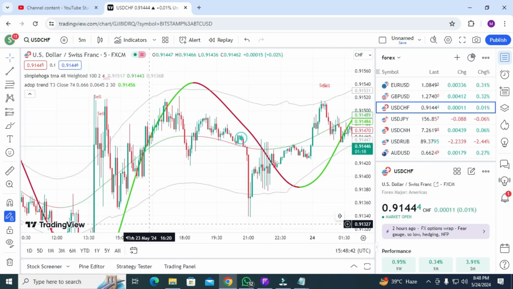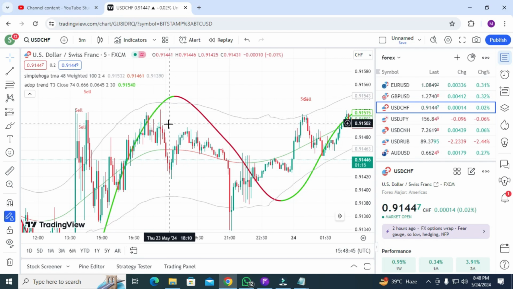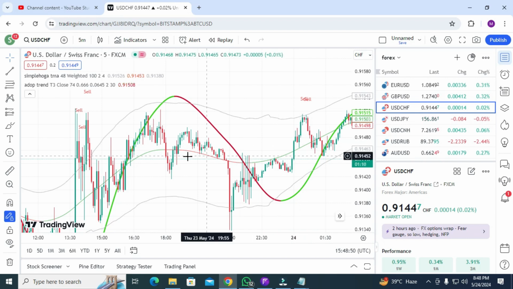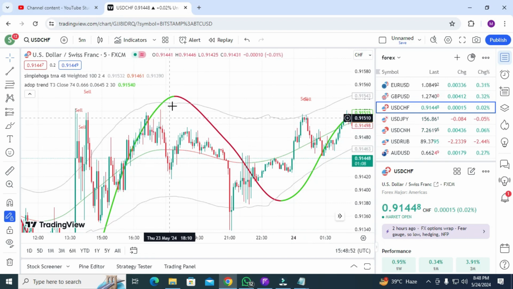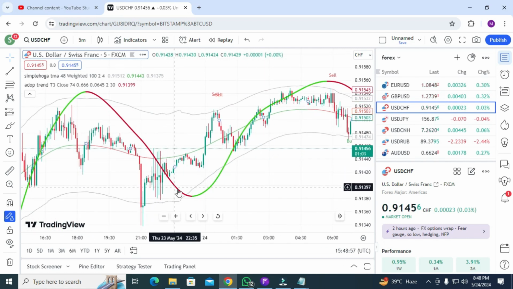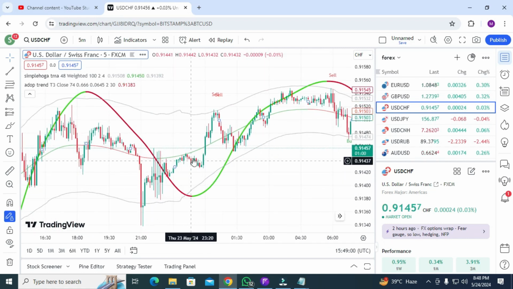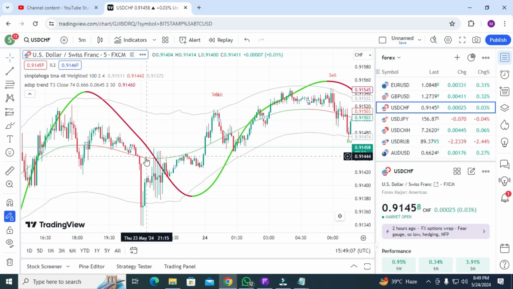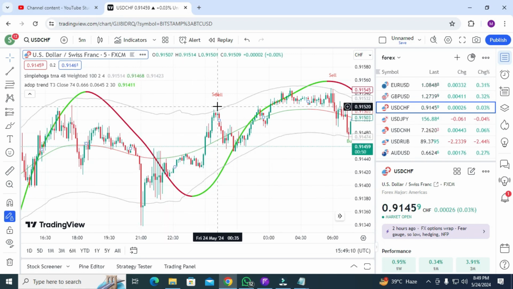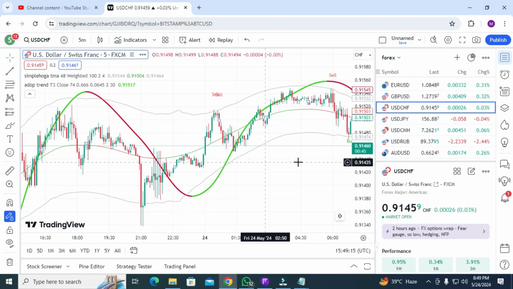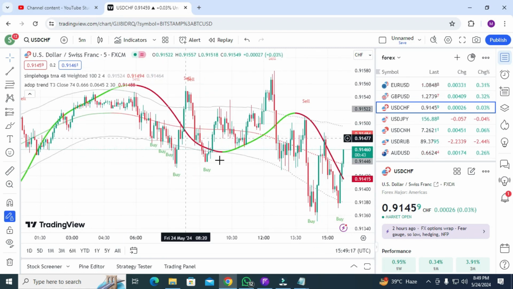Now here you do not get a signal, but if you want, you can collect some pips whenever the market comes inside the adopt trend line. You can see the market is going downside. When the market comes inside the adopt trend line, you can see the market going upside. When the candles come inside, the market goes upside. It's tutti frutti English. Hopefully you will understand. Okay, and that's it.